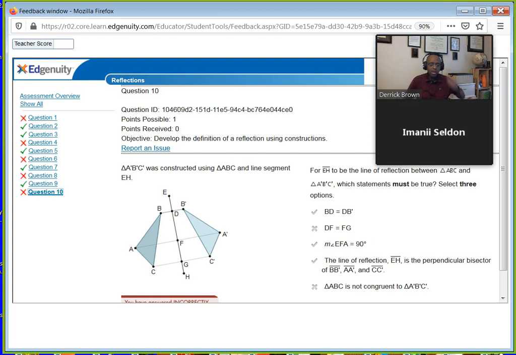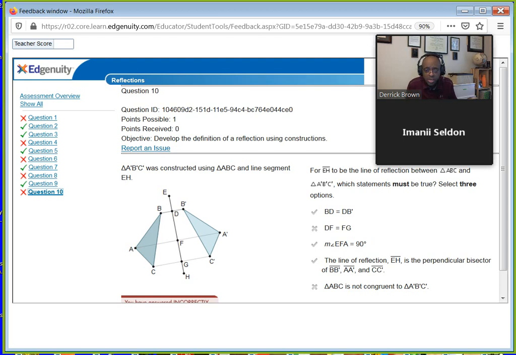All right, now triangle ABC is not congruent to triangle A prime, B prime, C prime. So that statement is true. No, that statement's not true. I was like, those triangles are congruent. They have to be congruent because